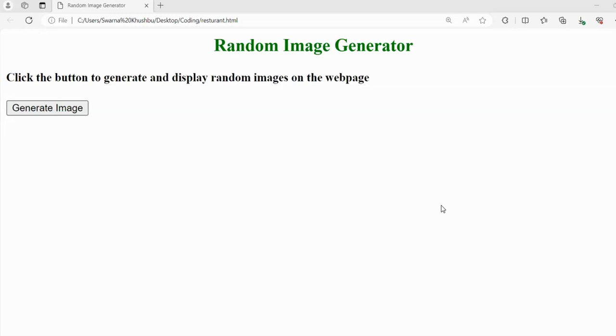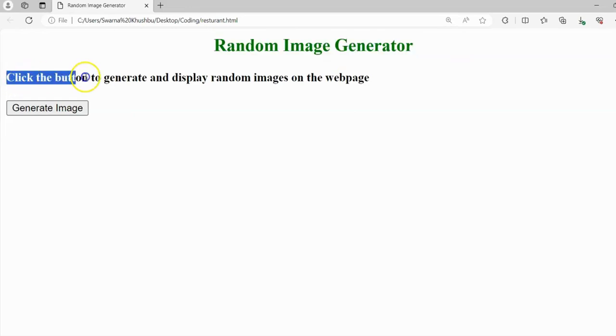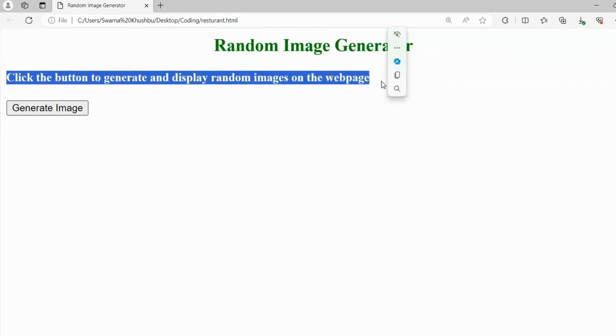So how do you create a random image generator? I'll tell you. First of all, let's see how it looks. In front of the screen, I have given an H1, that is random image generator, and this is an H2, wherein when we click this particular button, that is generate image, that will automatically give random